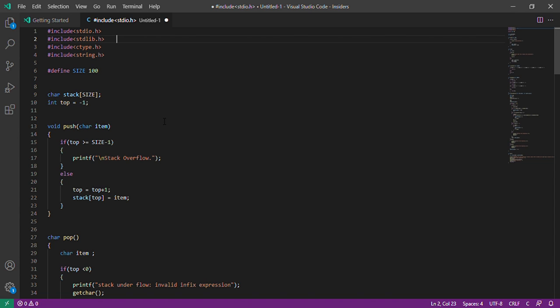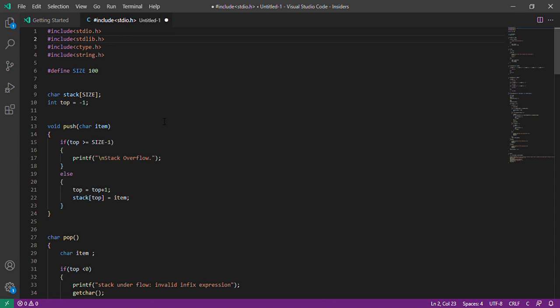But in our usual form, an arithmetic expression may consist of more than one operator and two operands. For example, a plus b into c of d divided by j plus d. These complex arithmetic operations can be converted into Polish notation using a stack, which then can be executed in two operands and an operator form.